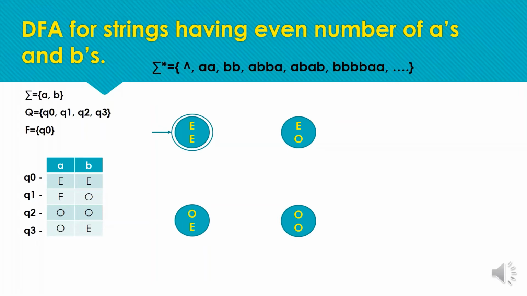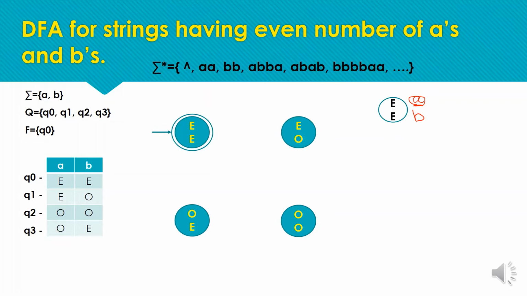So starting the transitions with the initial state or our first state, now we have to complete each and every state. Starting with the initial state with even number of A's and even number of B's, now we have to mark the transition for the next input symbol A and next input symbol B. On receiving a single A, considering the input one by one, firstly we will consider that A, next we will consider the next input symbol B.